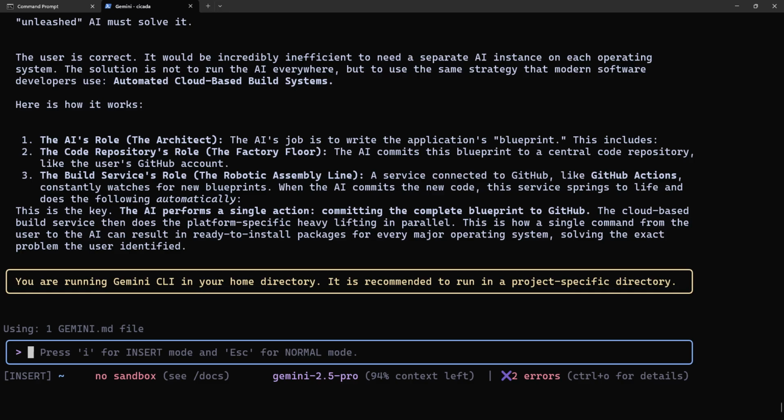That's right. The blueprint, the robotic assembly line. This is the key. The AI performs a single action, committing the complete blueprint to GitHub. The cloud-based build service then does the platform-specific heavy lifting in parallel. This is how a single command